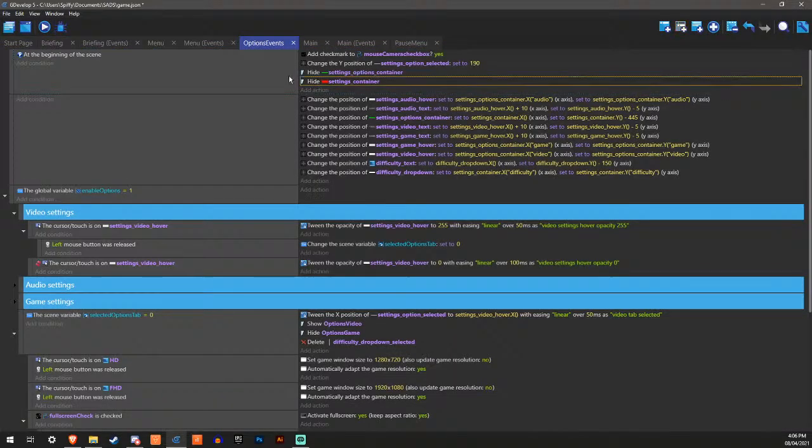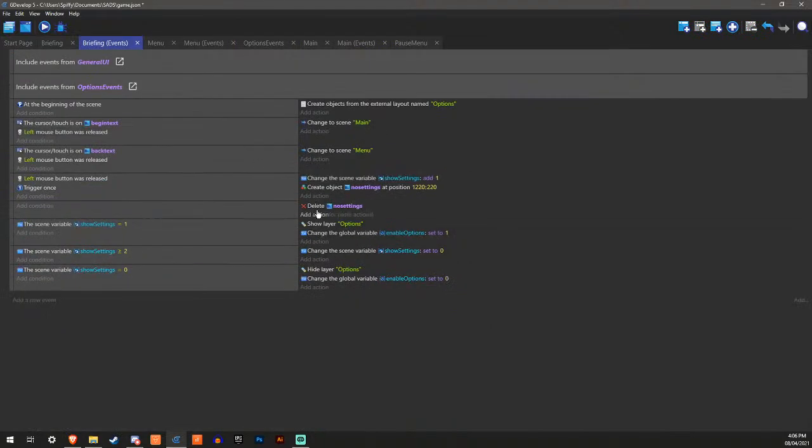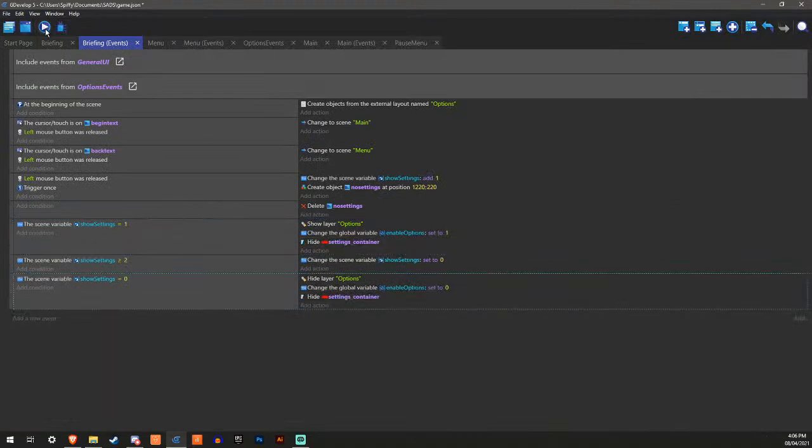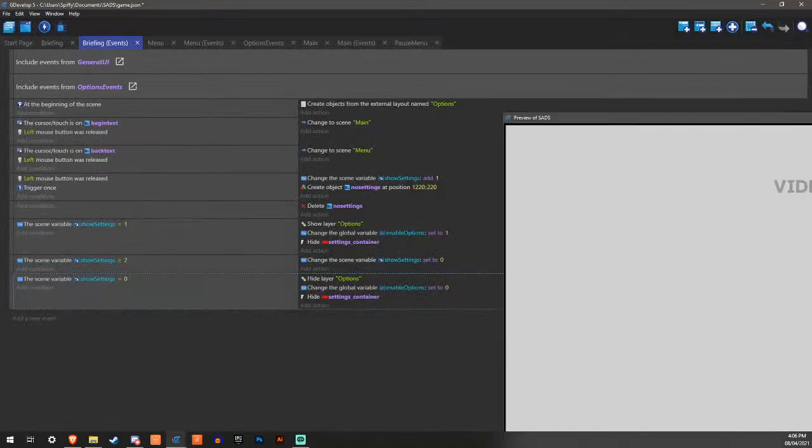That shouldn't be up there anyway. Let's just put it in here. And now it should work, hopefully. Yeah, cool, it works. So, that's good.